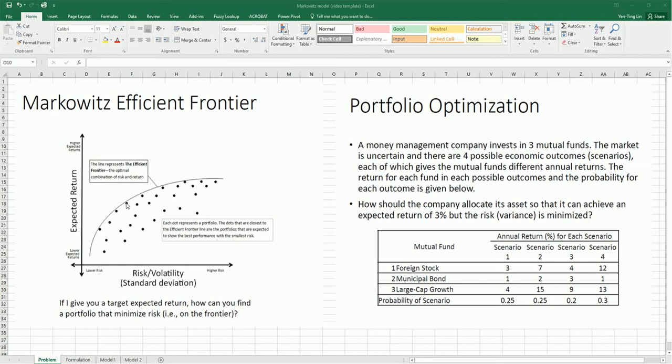So that's the model we're trying to find. For any given return, how do we find a portfolio that is on this frontier? So let's look at this problem. Let's say there's a money management company, and this company invests in 3 funds. The market is uncertain, and let's say the company considers that there are 4 possible economic outcomes, or we just